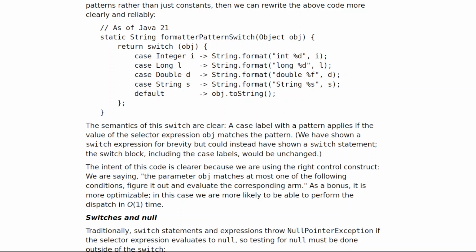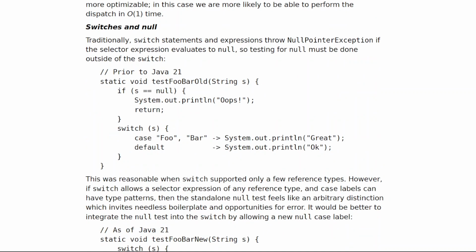Switches and null. Traditionally, switch statements and expressions throw NullPointerException if the selector expression evaluates to null, so testing for null must be done outside of the switch. // prior to Java 21. static void testFooBarOld(String s) { if (s == null) { System.out.println("oops"); return; } switch (s) { case "Foo", "Bar" -> System.out.println("Great"); default -> System.out.println("OK"); } }